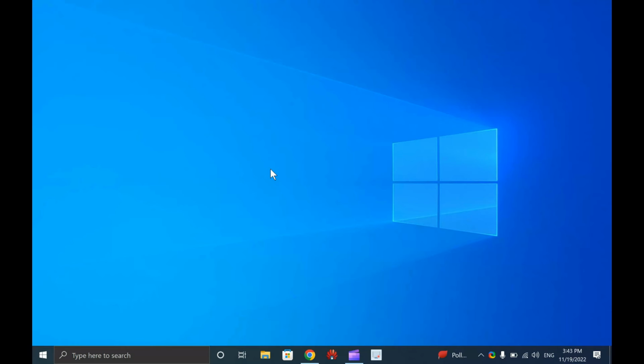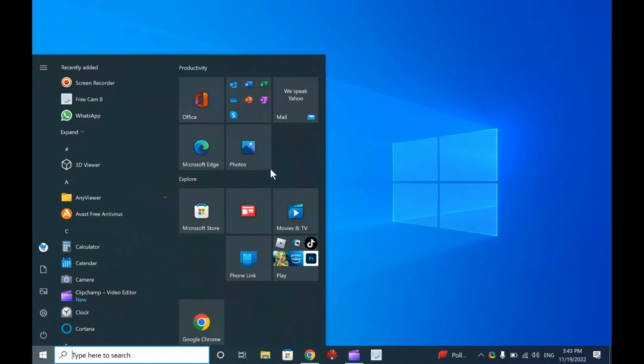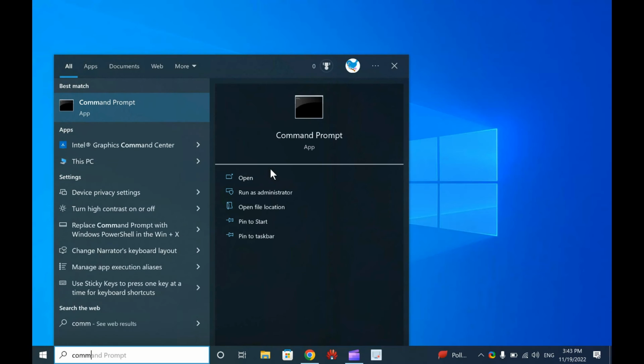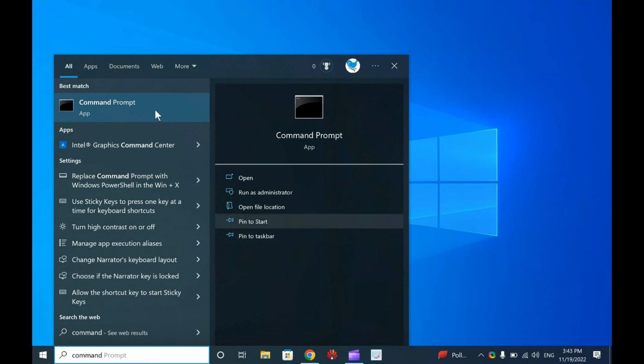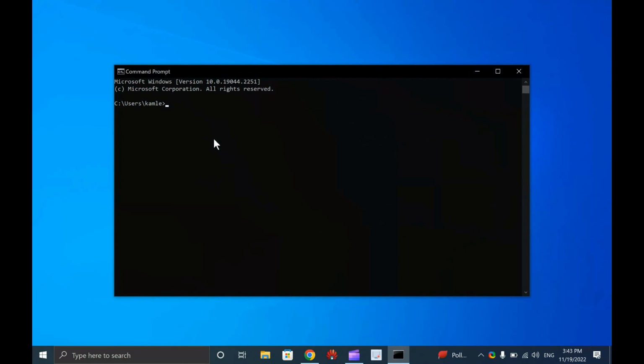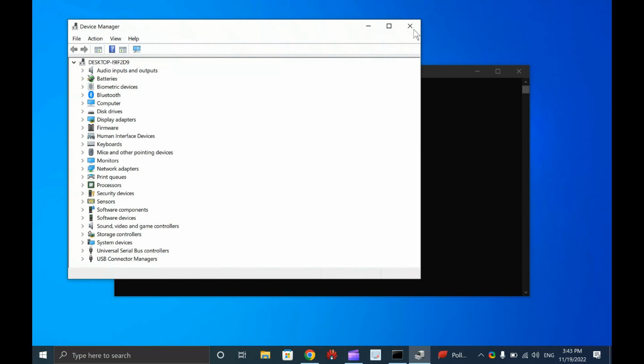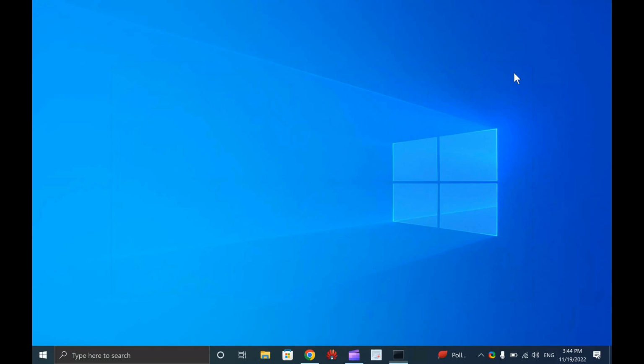How to open Device Manager through Command Prompt or Windows PowerShell. Fortunately, the same command works on Command Prompt or Windows PowerShell to open Device Manager in Windows 10, 8, and 7. First, open the Command Prompt or Windows PowerShell that you prefer to use and then type devmgmt.msc. Finally, hit Enter key on the keyboard to launch the Device Manager.